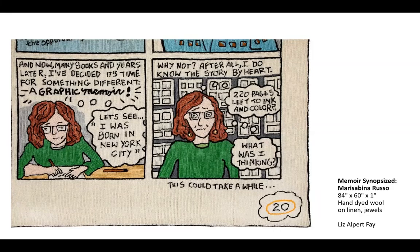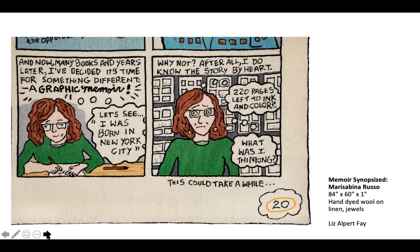Detail of the 8th hand-hooked portrait in a series entitled Ordinary/Extraordinary Women. These are larger-than-life portraits of women I know and admire. I am only showing details of the works until they are all exhibited together. This is a collaboration between Marissa Bina Russo, a children's book author and illustrator, and my